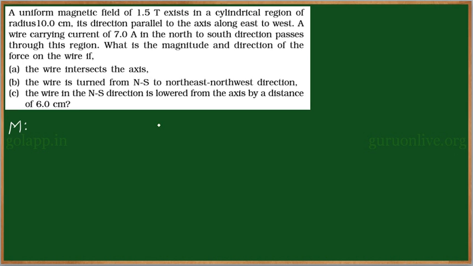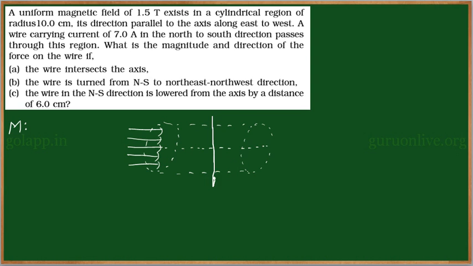Our motive is this. Assume that there is a cylindrical space like this. So there is a uniform field which is confined within this cylindrical shape. Assume that this is the axis of that cylindrical shape. At this axis, if we keep a current carrying conductor which is normal to the field and some current is passing through it, we need to find out the effects of the magnetic field on that conductor